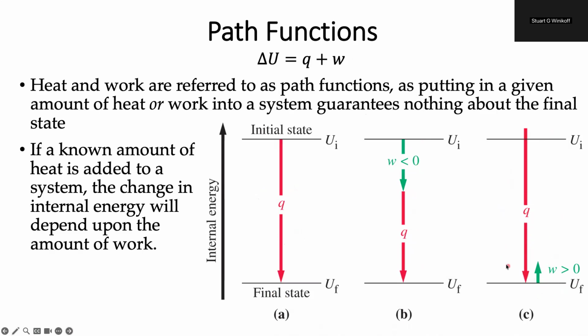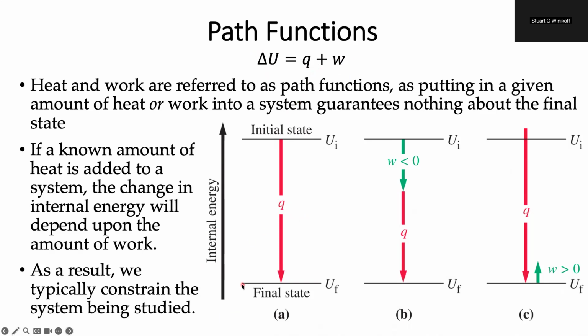So again, another way you can identify it is if you have a state function. This means you have an initial state and a final state, so we'll see changes represented with deltas. If there is a change and there is no delta, that's a good indication we're looking at a path function. But a useful thing about path functions is that while a path function alone might not give you any information about the state, two path functions can often produce a state function. So as a result, often when we're looking at systems, we're going to constrain the system so I know something about heat or I know something about work. That way, I'll have an easier time determining the internal energy of the system.